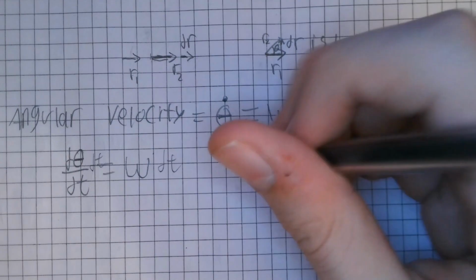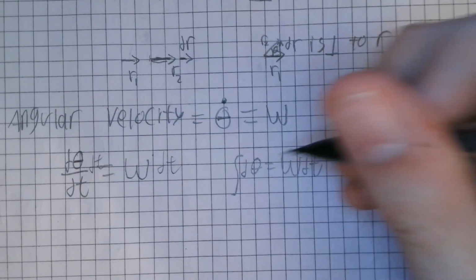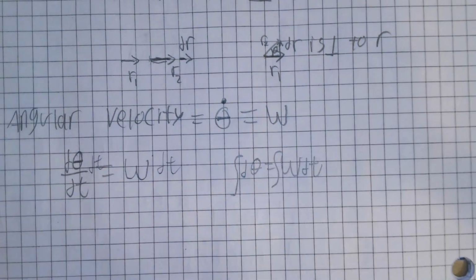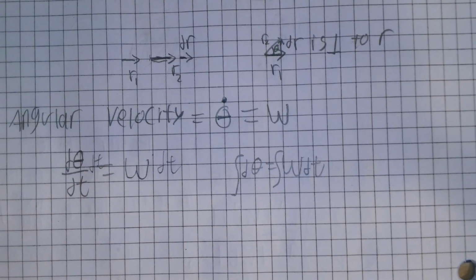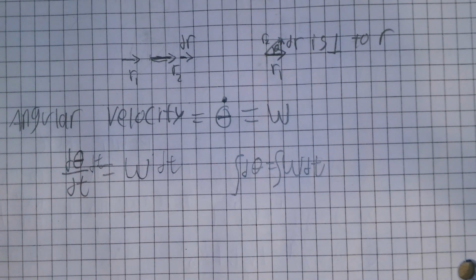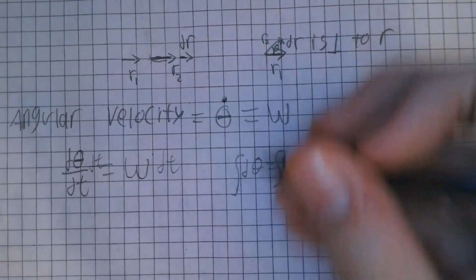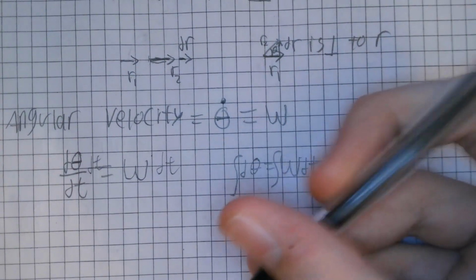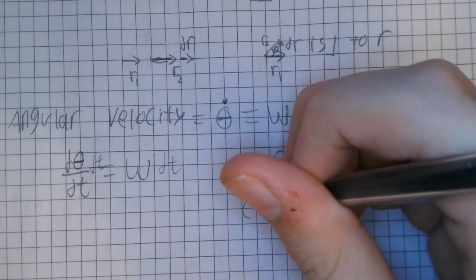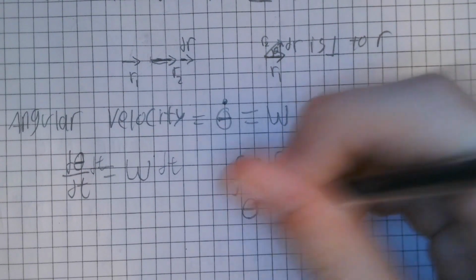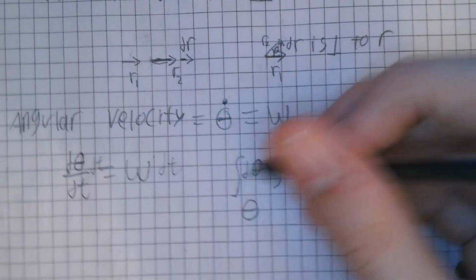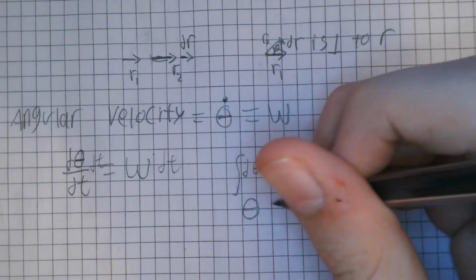Okay? Now we can take an integral here, and an integration is like taking a continuous sum, which just means you're summing over an infinite number of points, so to speak. So this infinitely small angle summed over however many points, we can just call that a large angle, or at least large comparatively. It could still be very small, like 1 degree, but that's large compared to this very small change. And we get that theta